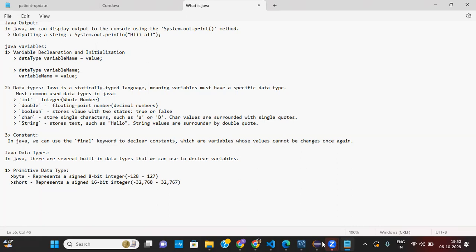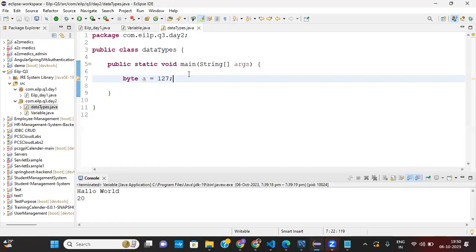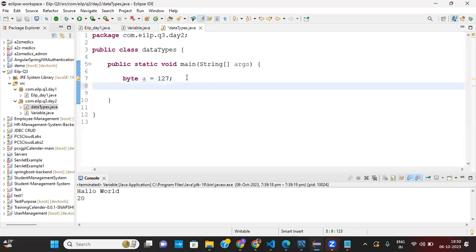If I declare a short and assign a value, it does not give me an error because it is under 32,000.